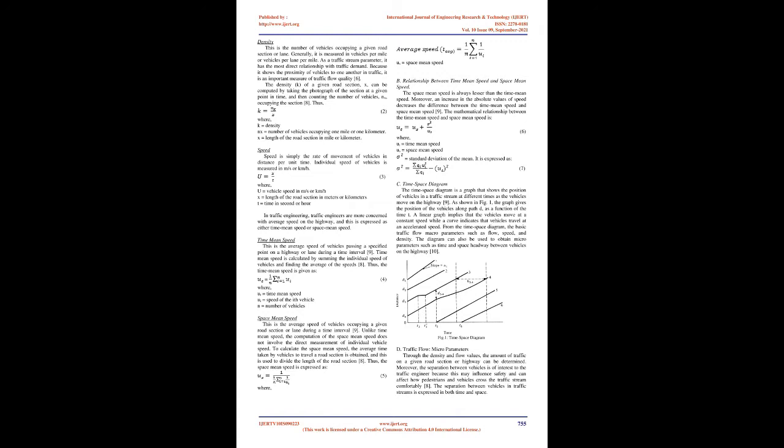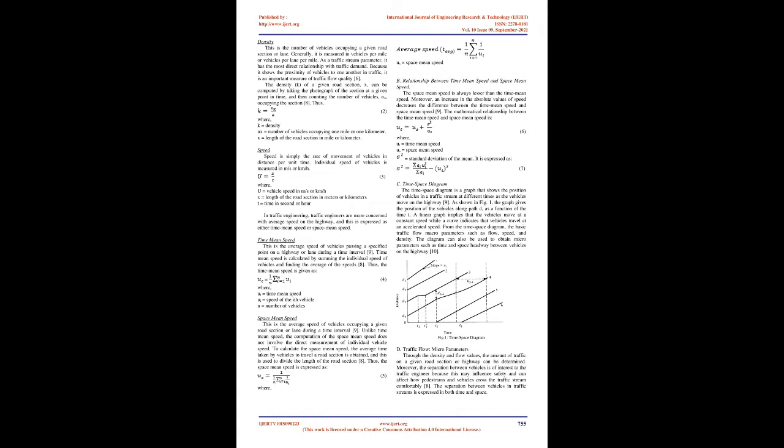Space headway is the difference between the front bumper of a vehicle and the front bumper of the following vehicle. It is measured in feet and represented by d. Space headway can be measured from the photograph of a road section taken at a particular time. The distance from the front or rear bumper of the front vehicle to the front or rear bumper of the following vehicle is measured. For a density k measured over a distance x, all the space headways obtained over this distance can be given